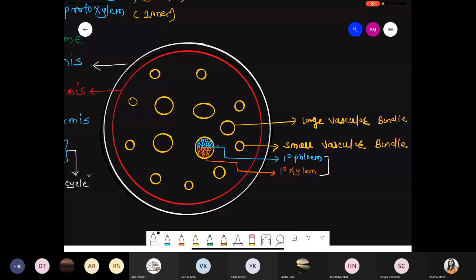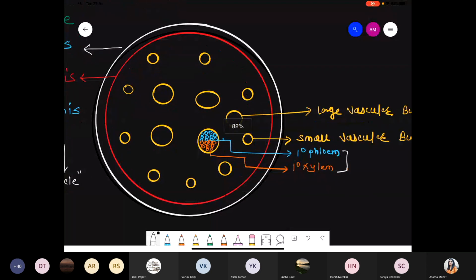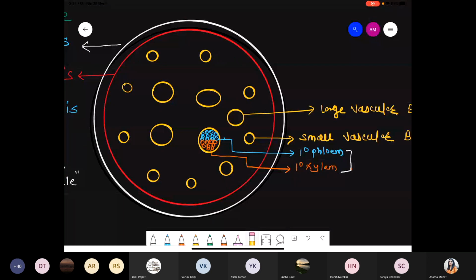And now we are talking about a very important scenario. There is a presence of the water cavity. Wherever xylem will be present, we are talking about where the xylems are present, exactly below the xylem, now there is a presence of the water cavity. So I'm just representing only one. Suppose here, these are the part of the xylem and these are the part of the phloem. Now exactly below the xylem, there is a presence of the water cavity. If you want, you can represent here also. So now what is this? This is the presence of the water cavity. Please remember this point. One question, where the water cavity is present.